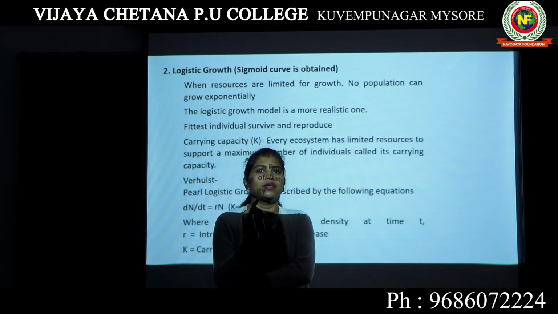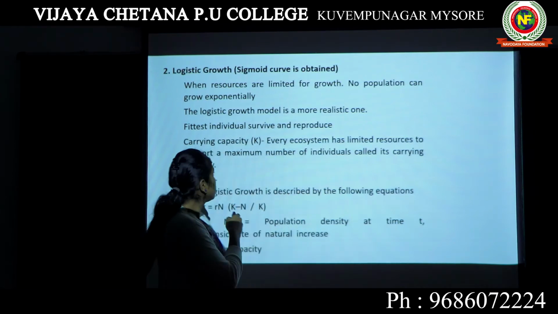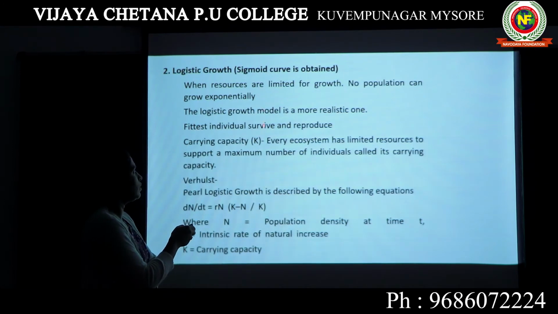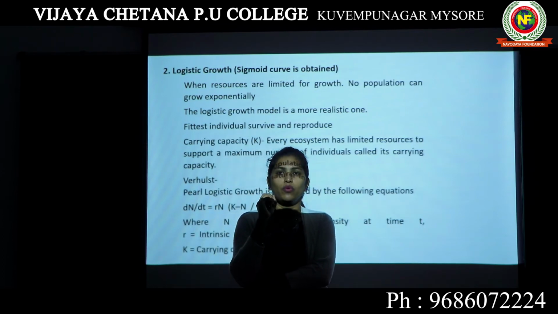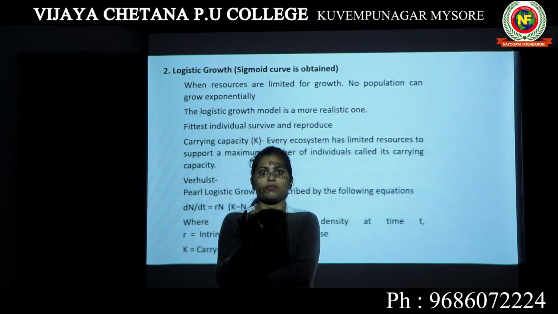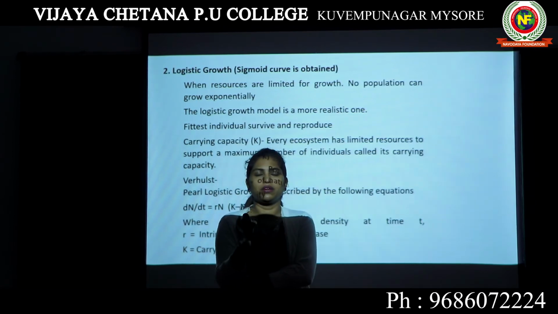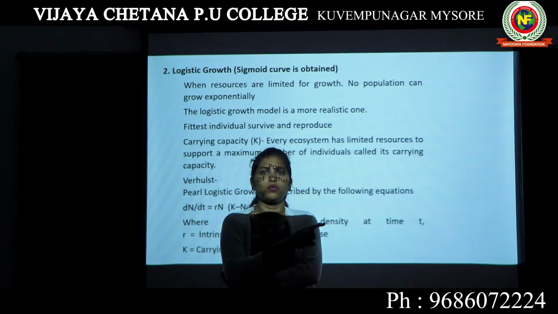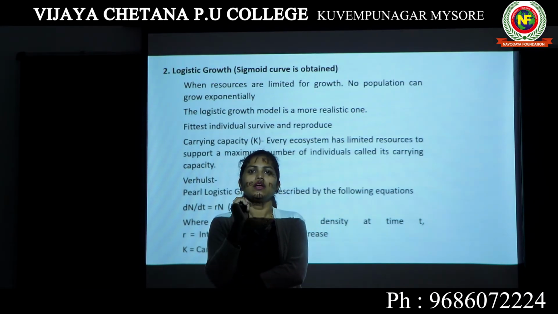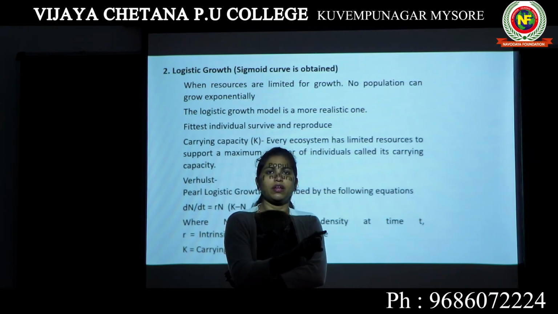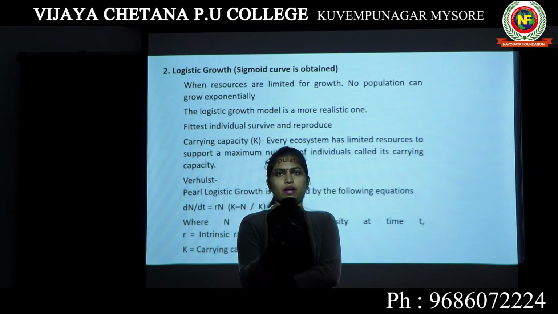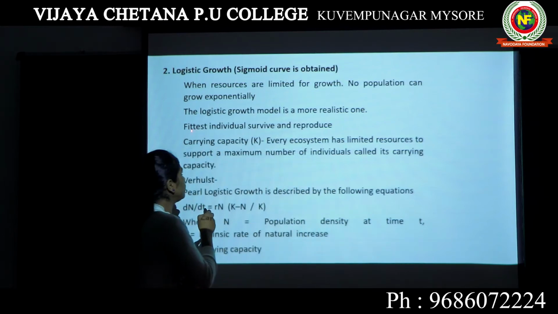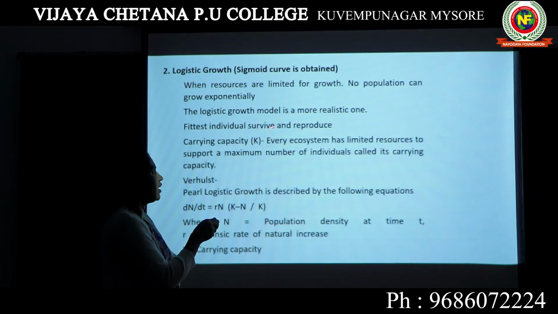So what happens? Who will eat this deer? Fittest individual will survive and reproduce. That means the lion who is the fittest among those 10 will acquire this particular deer. It will come, it will kill, and it will eat that deer. Even though there were 10 lions, only one is capable enough of eating that deer. The other 9 are not fit enough to conquer it. So here, fittest individual will survive and reproduce.